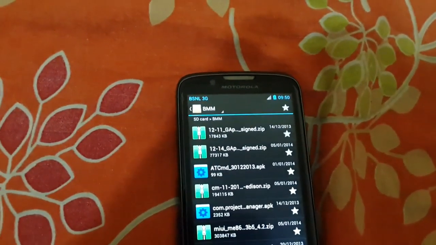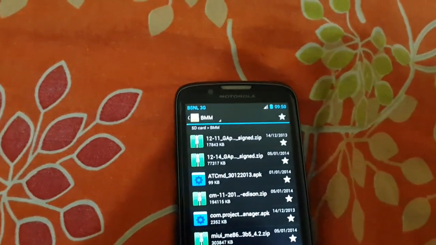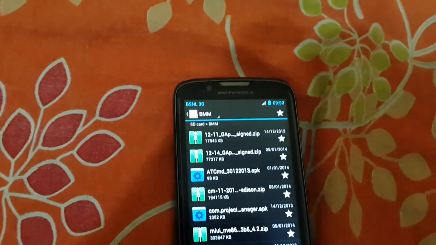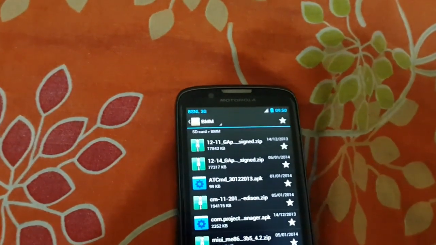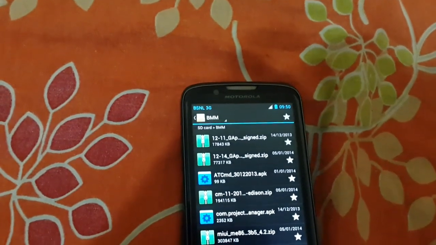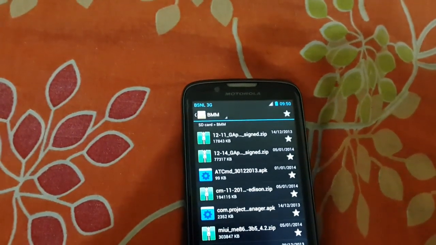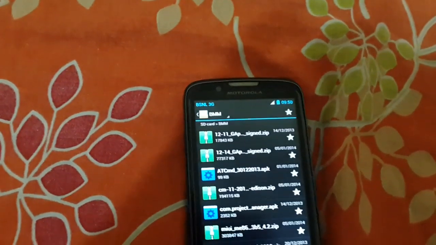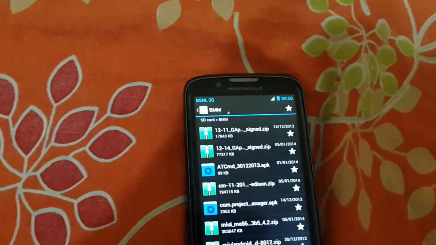If you want, you can install it directly, pull it from the Play Store itself, but you have to sign in and turn on the internet connection again. I didn't have a 3G connection, so my Wi-Fi was also not working. So what I did was pull the BMM APK from the Play Store by using the CRX extension of Chrome,